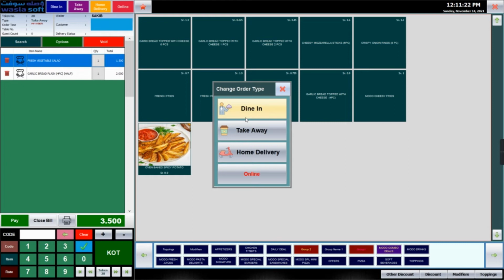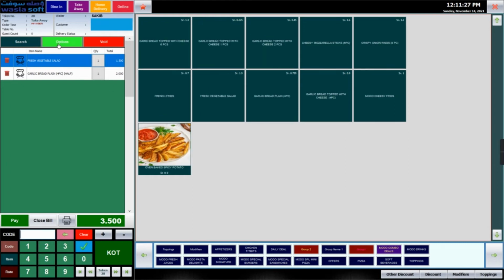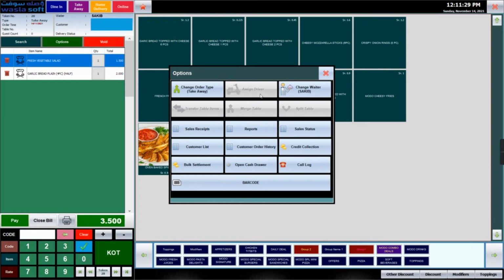You can convert that into home delivery. You can convert that into online. And there is an option to assign a driver if it is a delivery. There is an option to change the waiter name. These options are for merge table, table transfer and all for dine-in operations. And you can see the sales receipts, reports, all these things from here.